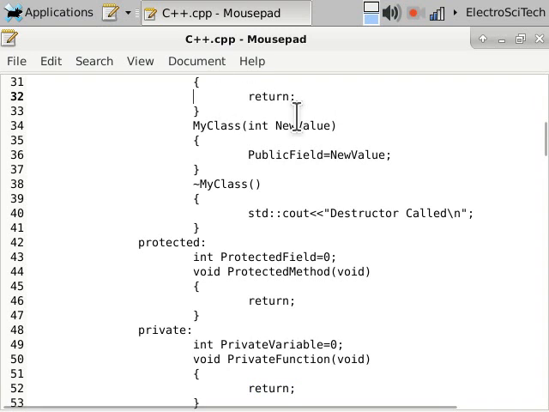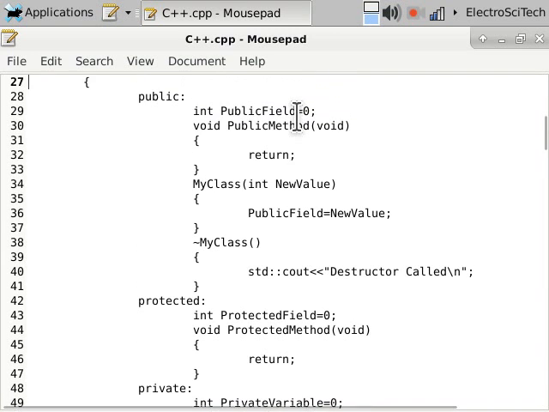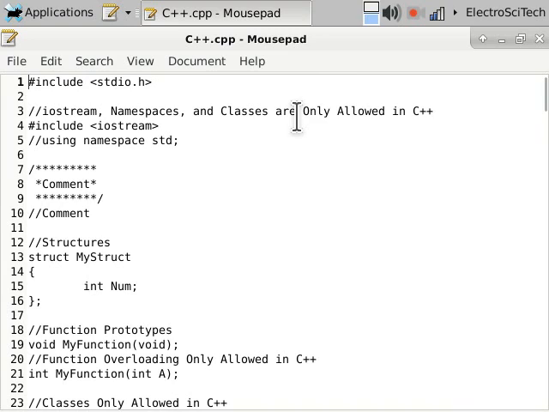So that's a good overview, I think, of C versus C++ and their differences